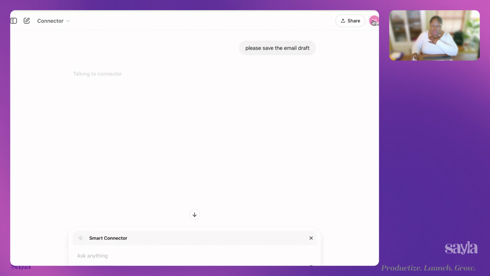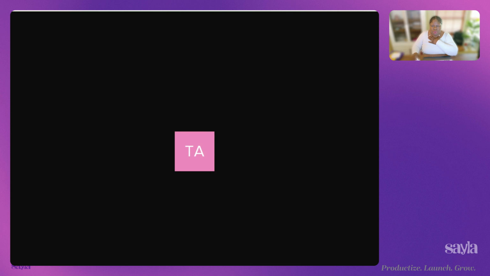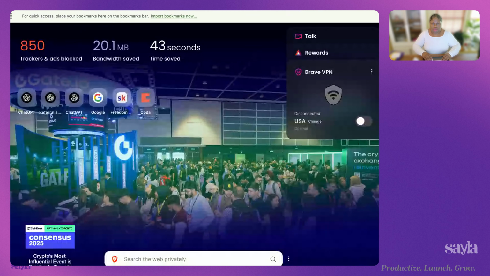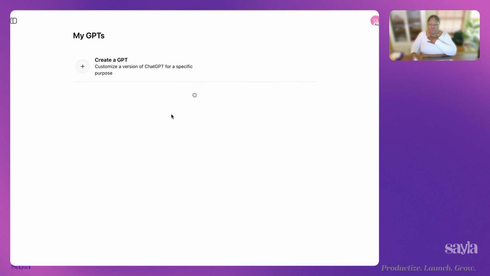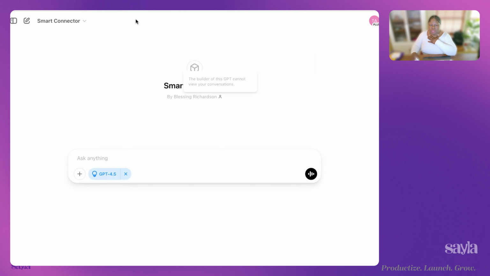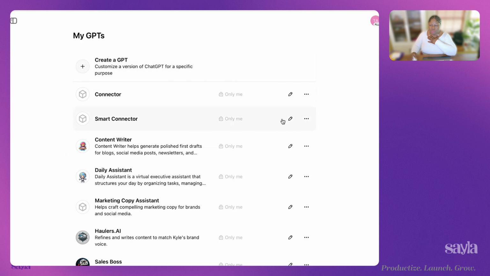I'm going to show y'all how I built this. Give you a little preview behind the scenes. The way we can do this with ChatGPT is that whenever you make a GPT, not only can you give it instructions, you can define your actions. Sometimes people get the misconception that you can't automate that much with ChatGPT, and it's not true.